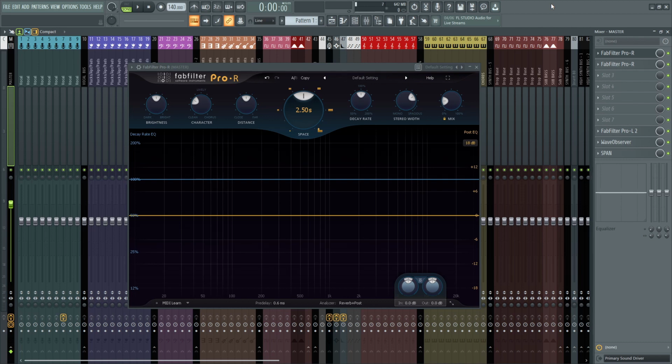Also, there are many elements in your mix which are placed in different stereo fields. So, each element has a place of its own in the stereo field. So, if you don't set the stereo field of the reverb also with the original sound, you might end up just getting a muddy mix. You might get some issues with your mono compatibility. So you should always adjust the stereo field of your reverbs with respect to the original sound.